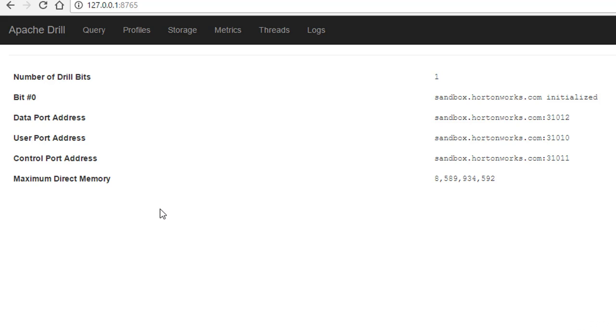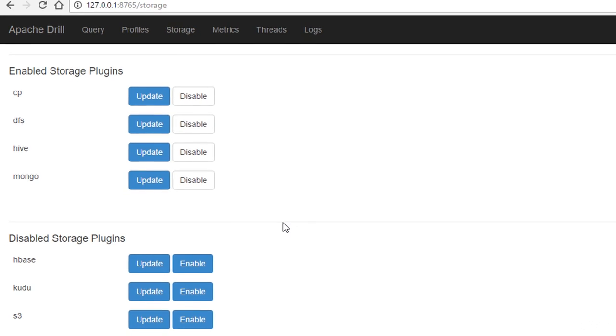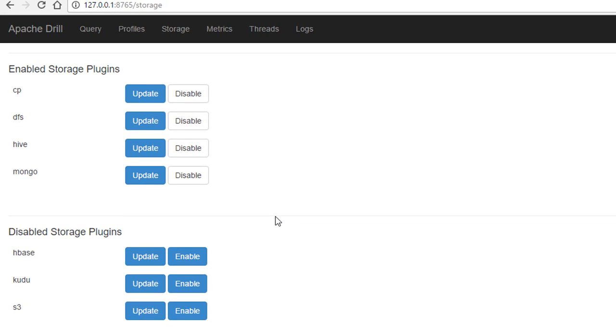We need to actually connect it to our instances of MongoDB and Hive before we can actually use them within Drill. So to do that, what we're going to do is hit the Storage tab here. And you can see that for me, Hive and Mongo are already enabled. For you, they might be down here under Disabled Storage Plugins still. So if that's the case, go ahead and hit the Enable button next to Hive and Mongo to bring those both up. And once you have both Hive and Mongo in the enabled storage plugins list, alongside CP and DFS, which allow access to JSON files on the local file system or the HDFS file system,